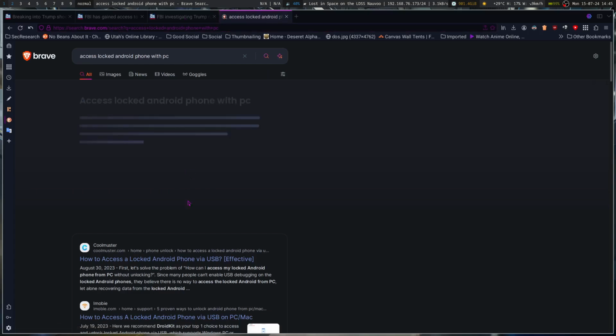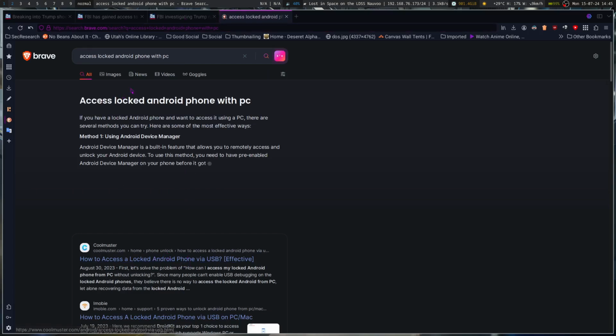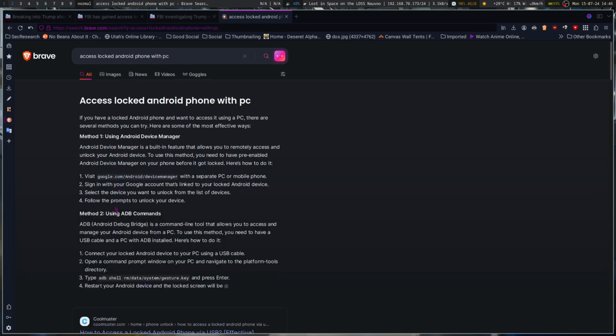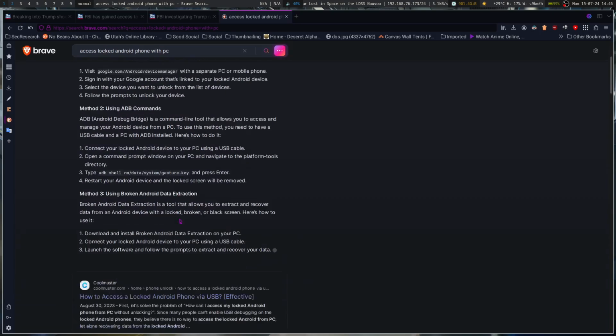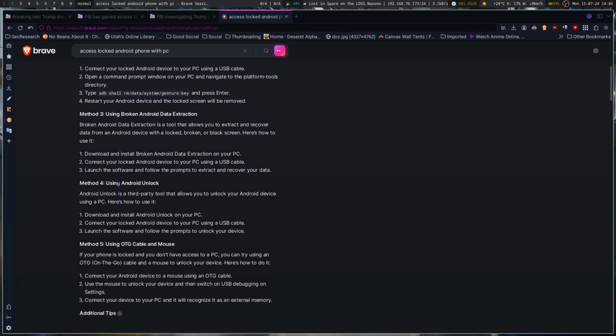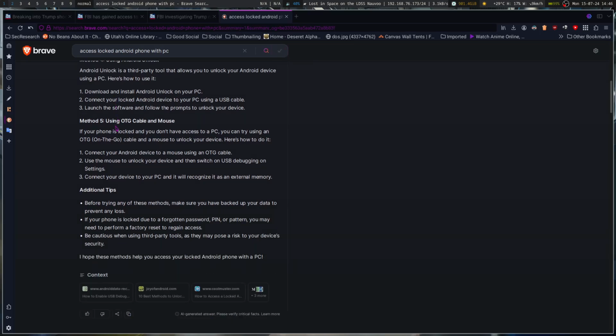Okay. Using Android Device Manager, using ADB commands, using broken Android data extraction, using Android unlock, using on-the-go cable and mouse, things like that.